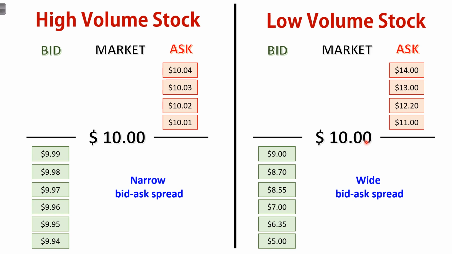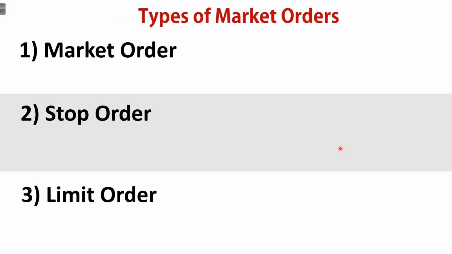And it is often hard to get your orders filled at a good price, which is why when we are trading, we tend to avoid low volume stocks, even though the market price for these two stocks are both stated at $10. Now, after going through so much, let us now talk about how to actually buy and sell